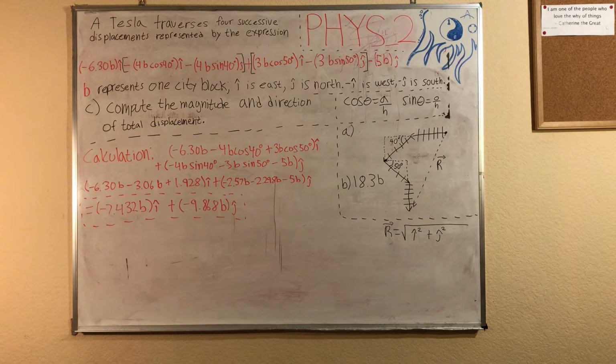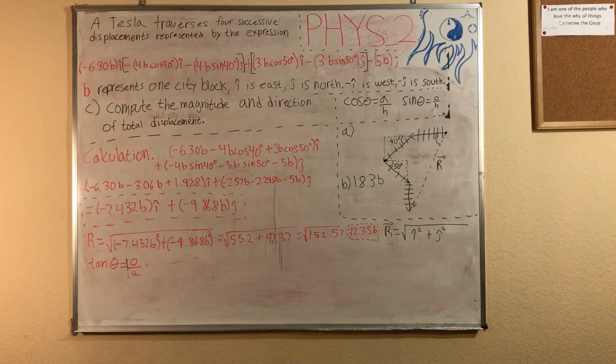Plugging that in now, we get r equals square root of negative 7.432b squared plus negative 9.868b squared. Then we get square root of 55.2 plus 97.37, which equals square root of 152.57, which finally equals our magnitude of 12.35 blocks. Now to find the angle of our direction for the vector, we need to set tan of